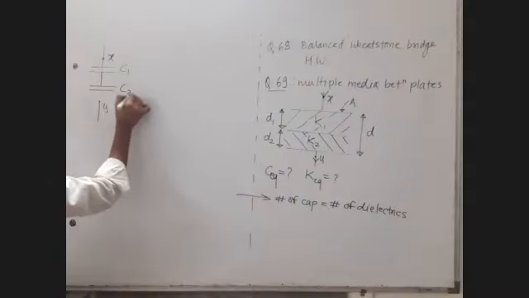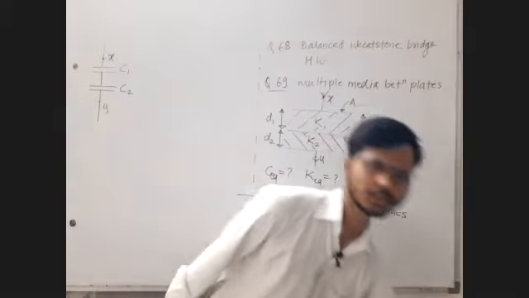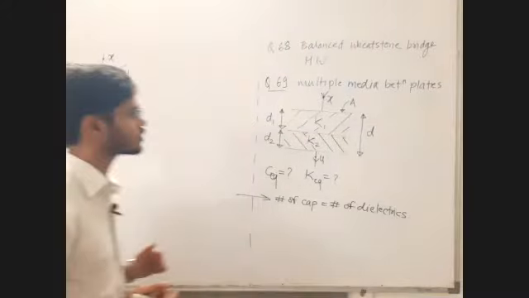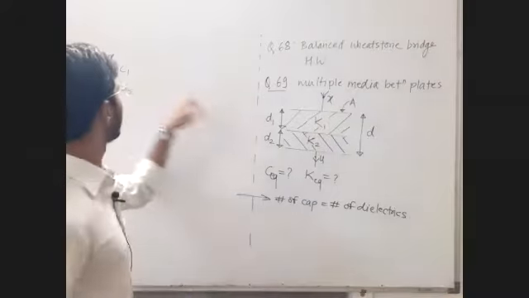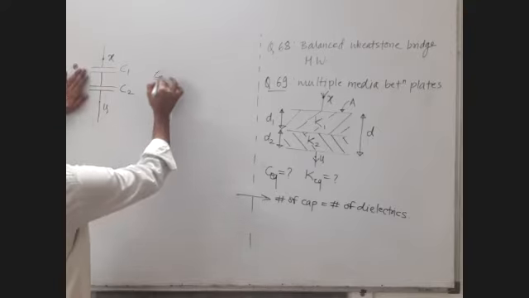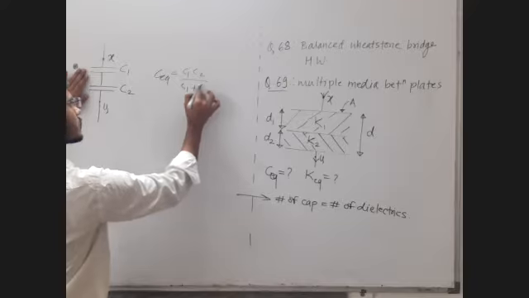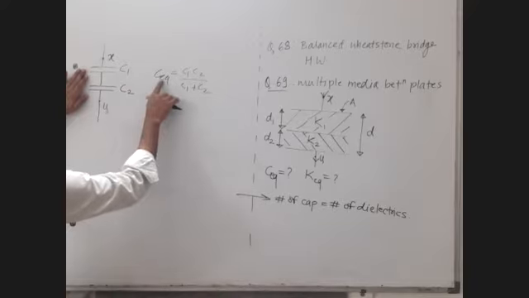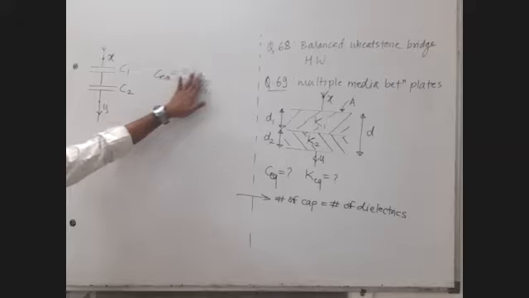Now it's not a big deal to find out C equivalent because now it has become a series parallel question. Now the thing is to find out C1 and C2. Of course, now we can find out C equivalent very easily. C equivalent is equal to C1 C2 upon C1 plus C2. Why? Capacitors in series, rule of resistors in parallel. So C equivalent will be C1 C2 upon C1 plus C2.